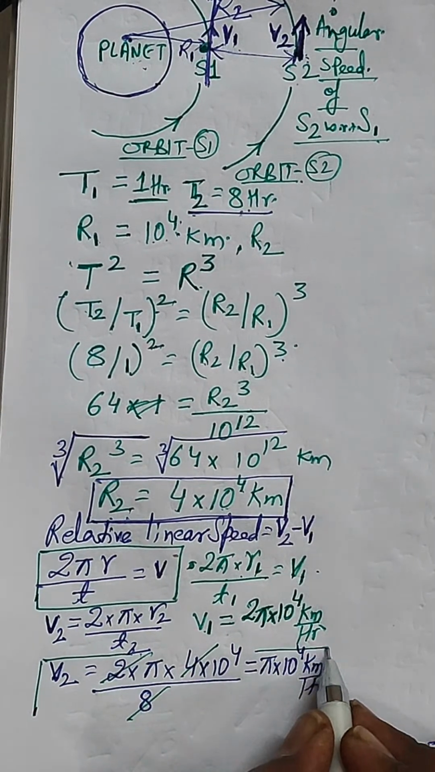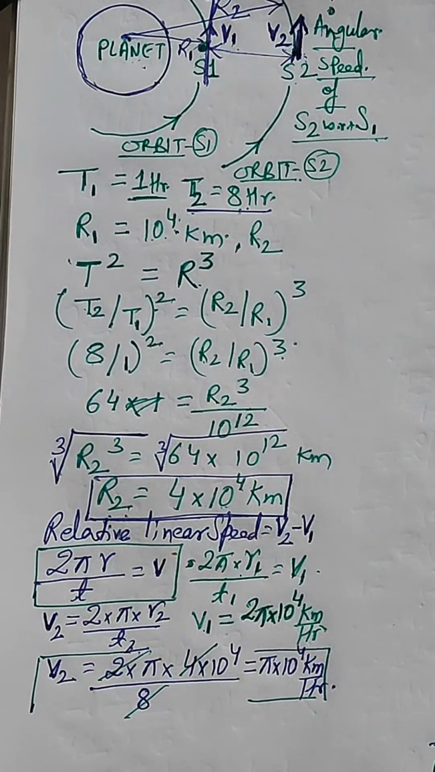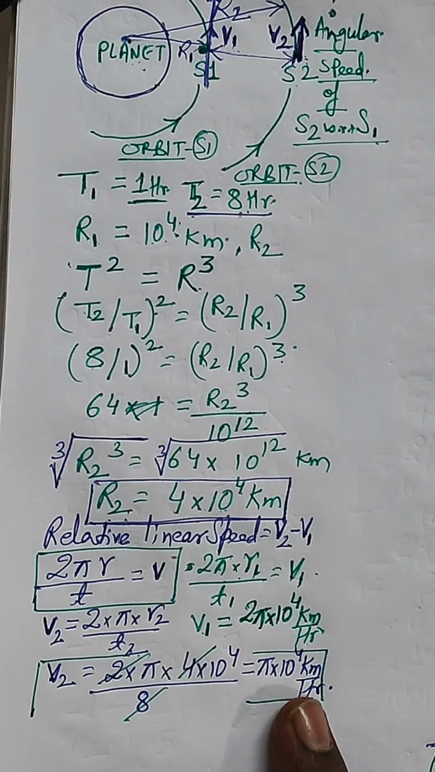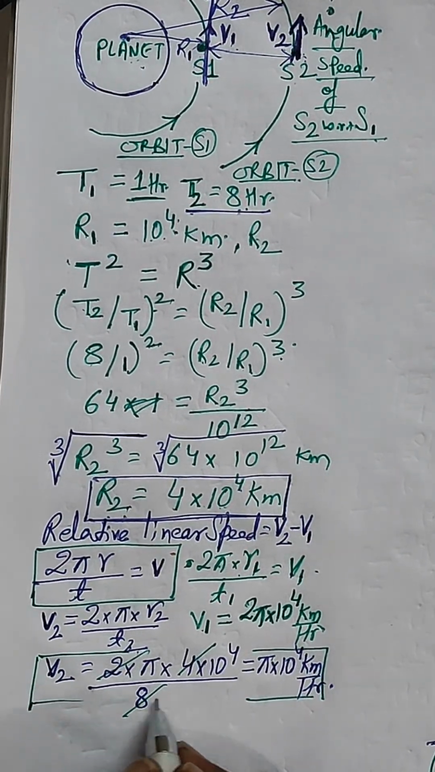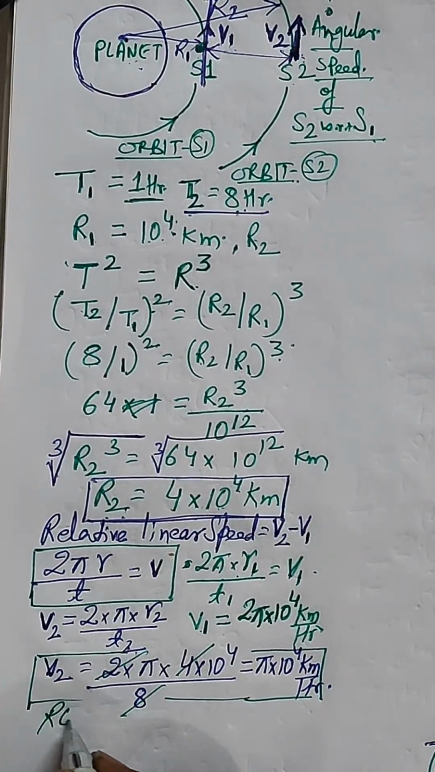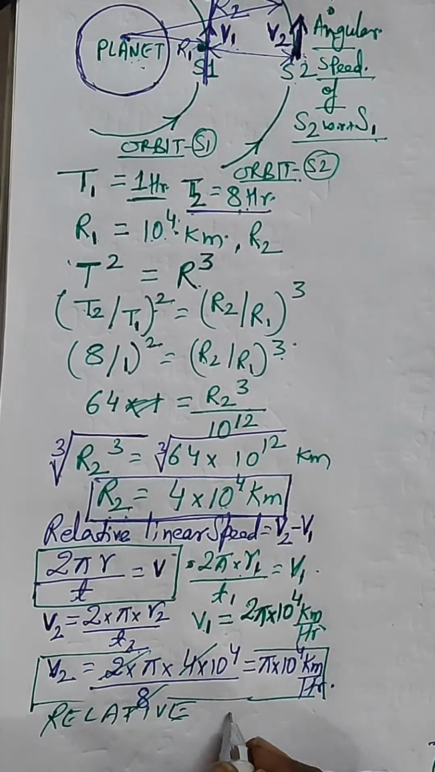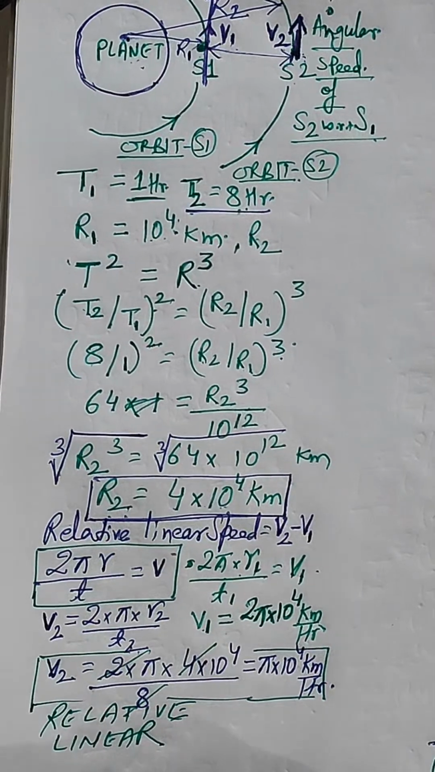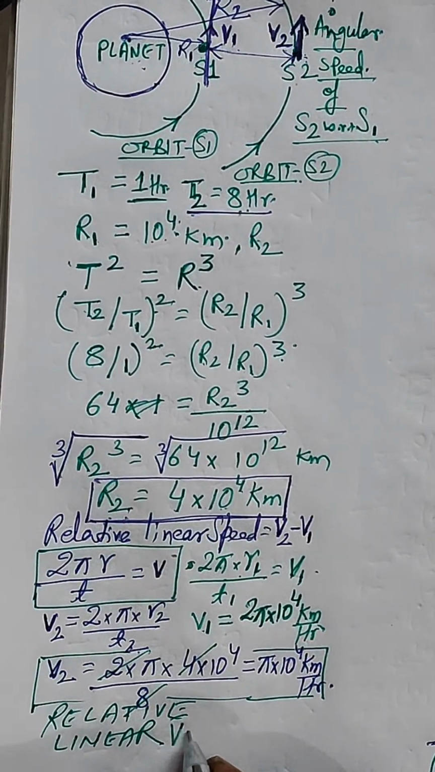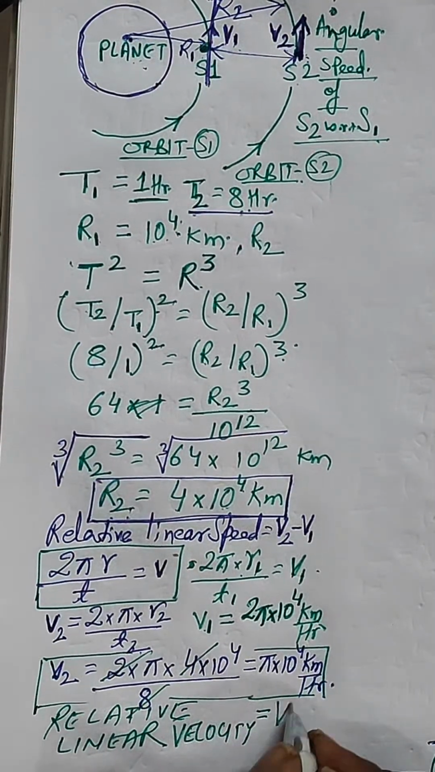So v2 is calculated as pi into 10 to the power 4 kilometer per hour. Now what is the benefit of this? The benefit of this is that we get the relative linear velocity, which is equal to nothing but